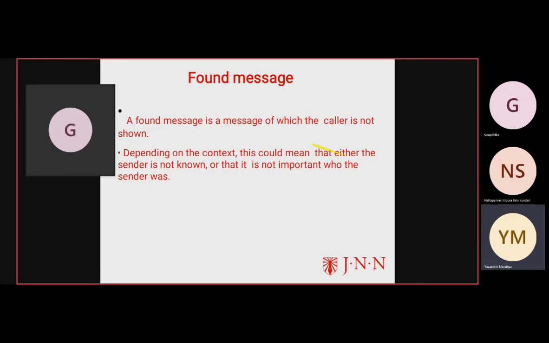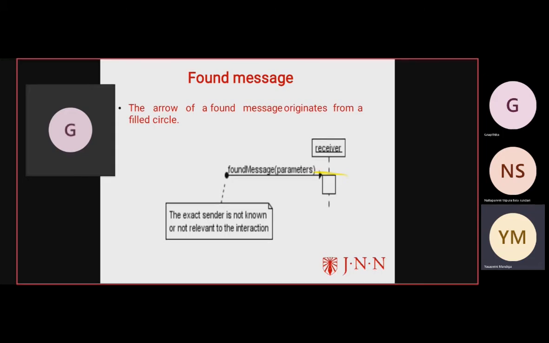The arrow of the found message originates from the form of a circle, to the receiver. Found message with parameters. We are going to the passing. So inside the computer we have check the mail. After checking the mail, send the unsent email if mail is not sent. In between, another new mail is going to be generated. We are going to pass that new mail, and then a response is going to be generated from that mail. At last we are going to download the mail and delete the old email.